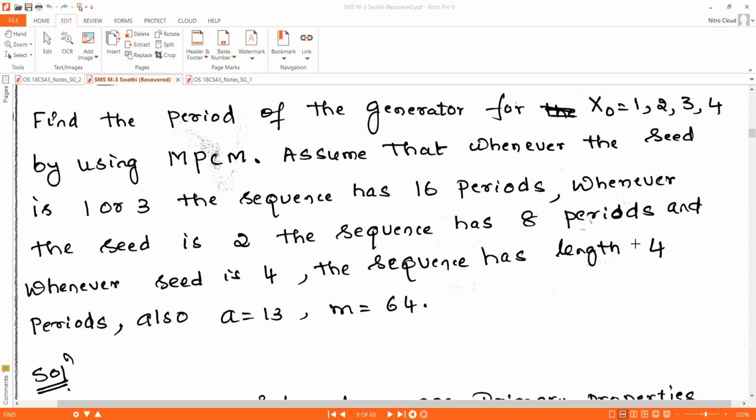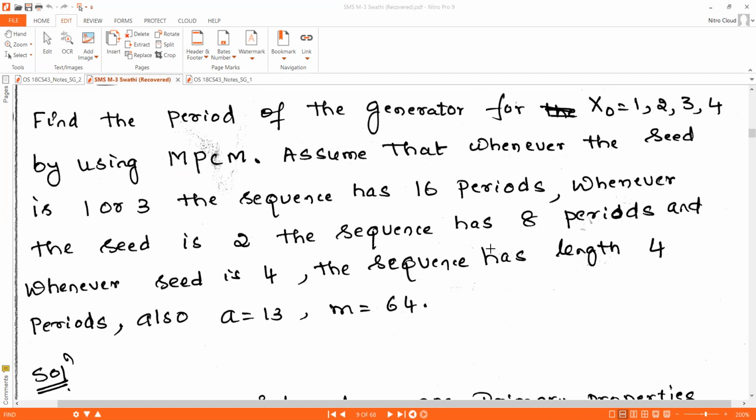Okay, and they have told us to assume that whenever the seed is 1 or 3, that means whenever x naught is equal to 1 or x naught equal to 3, the sequence has 16 periods. Whenever the seed is 2, the sequence should be 8 periods. If it is x naught equal to 2, we need to find the random numbers for only 8 periods, that means I value equal to 8. Until that we need to find the